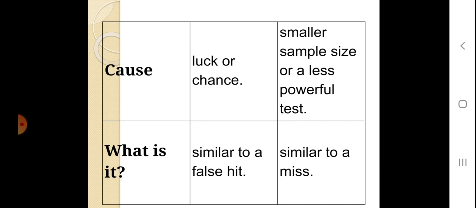And type 1 error is similar to a false hit. Okay, what does it mean? Type 1 error is similar to a false hit. Type 2 error is similar to a miss. Type 1 error is associated with rejecting the null hypothesis, but in case of type 2 error it is associated with